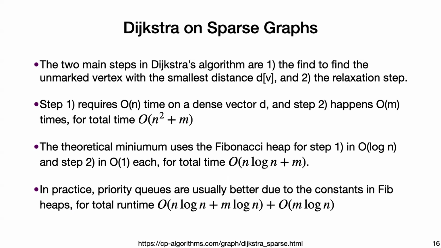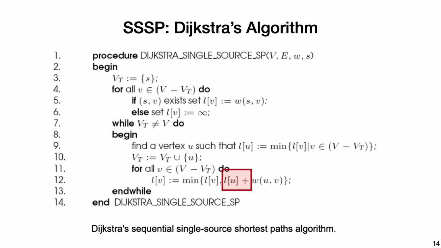Yes, but you have to do m relaxations, and each relaxation will now take log n time. The relaxation is this thing: L of u, this min of L of v and L of u plus weight. To find L of v now takes log n time. To find both L of v and L of u would take log n time now in the priority queue, to update the priority. Because you use the priority queue on L, and then you have the weight, which is fine for the adjacency matrix, but you have to get L of v and L of u, which are now not order 1 accesses.